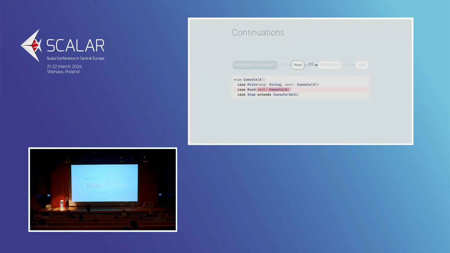We don't want next to be a console. We want it to be a function that, given the string that we have read, returns the console. That is known as a continuation. So we're doing continuation passing style here. And for the sake of consistency, and also because otherwise it wouldn't work, but that's too complicated to explain, we are going to use a continuation here as well. So now it's all continuation passing style, which is absolutely awful, but this is what we have for the moment.